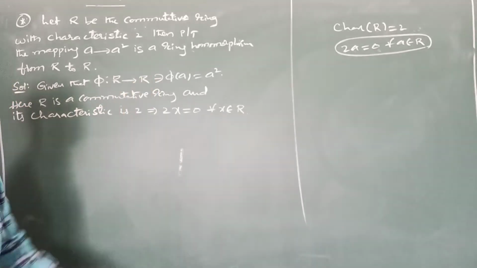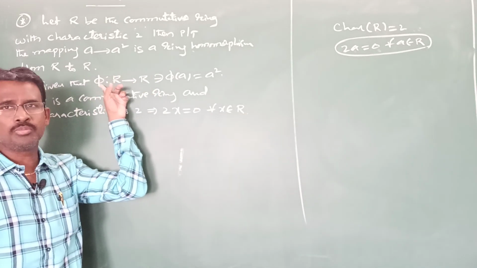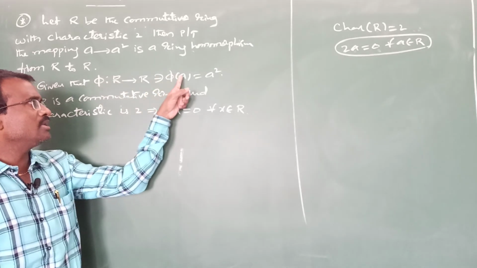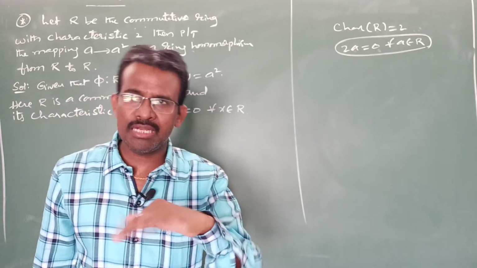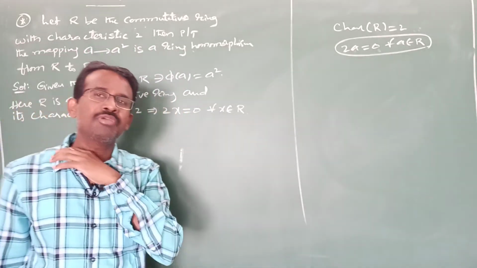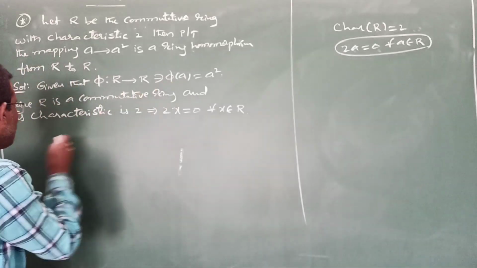Now come on to your required condition. What we have to show here? We have to show this phi is a ring homomorphism. For that, already the given definition in terms of A. Now proceed with the ring definition in terms of A and B elements. In previous problems we had done in X and Y. Here proceed with A and B. Right? Here already given what?